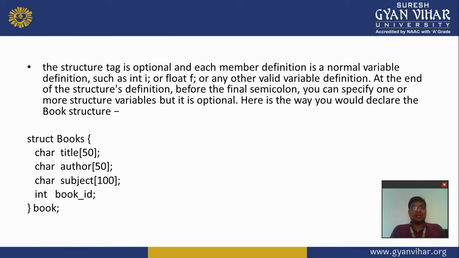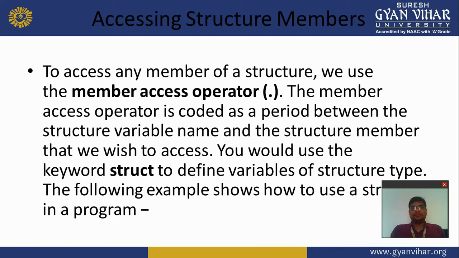Okay. After that we give the members. For that we create the strings. Here, character arrays are the strings. For the title name the capacity is 50, that is 49 characters, and the last is for the null. Author is also 49, and for the subject name it is 100, that is 99. After that we give a number for every book, which is stored in the integer book ID. After that we create the structure variable. How it is created I will explain in the example.